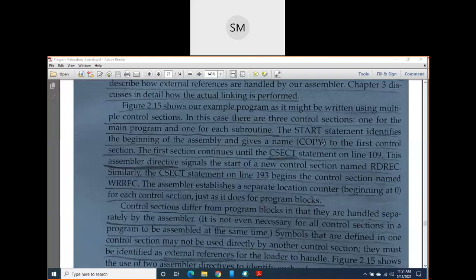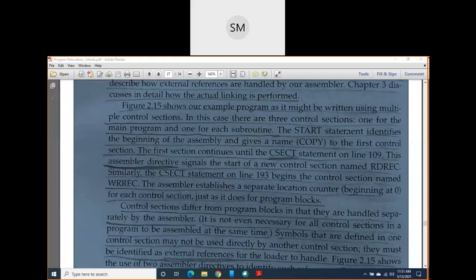What name is it giving? It is COPY. COPY is the name of the program, and the same name we are going to take as the name of the first control section. In the previous program blocks we took DEFAULT as the first program block; here we have taken COPY as the first control section of our program.